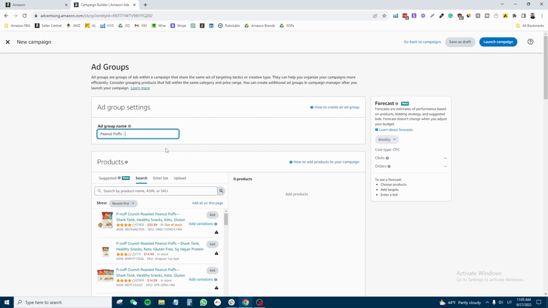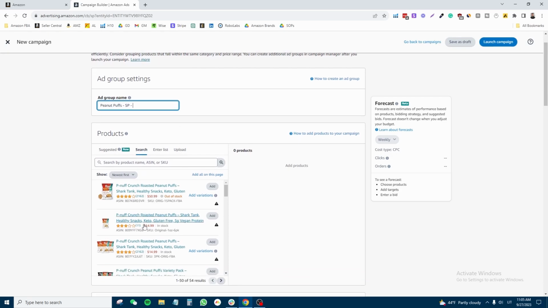Then we'll have to add some more information. So SP, I like to indicate the campaign name, right, or campaign type actually. So in this case, we are launching a sponsored products campaign, so I'm gonna put in this information as well. Then we are going to grab the ASIN and also add this to our